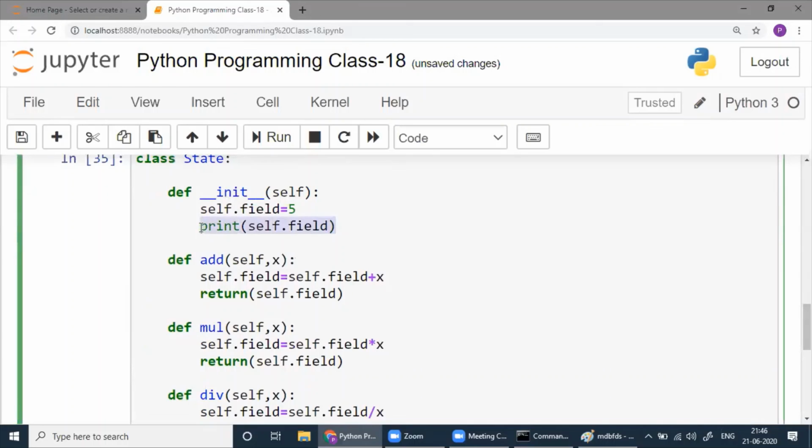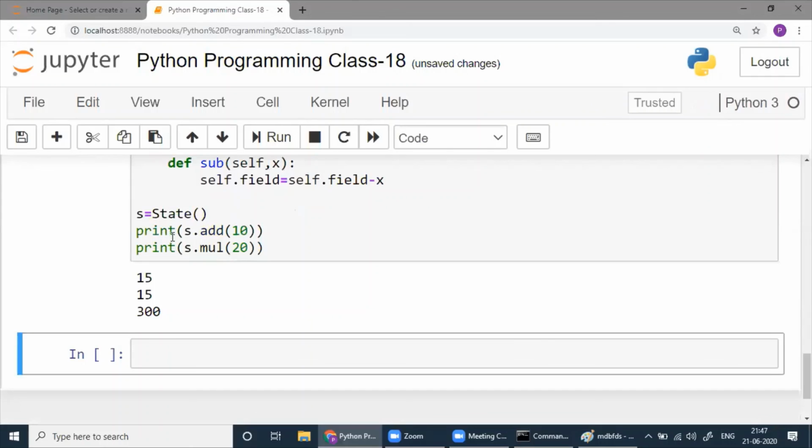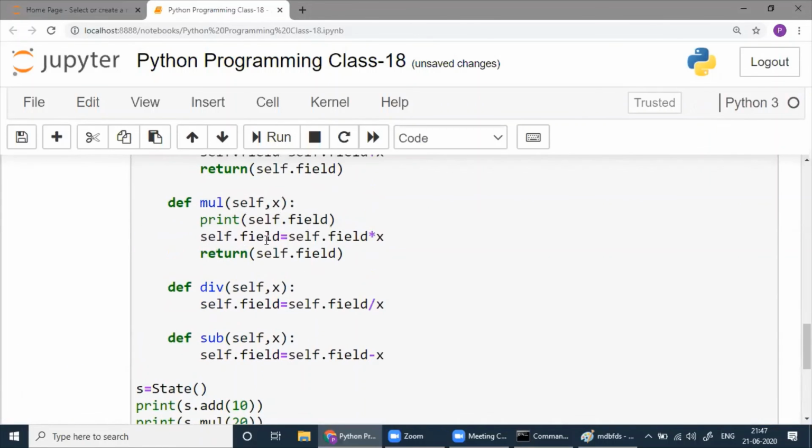Okay. You don't write here. If you want to see, here you can write. You print that, or before starting, you print here. Anyway, here not required. See, first time it was 15.